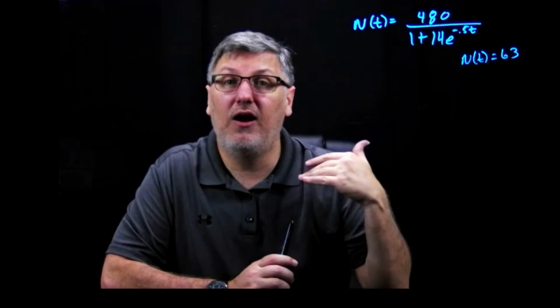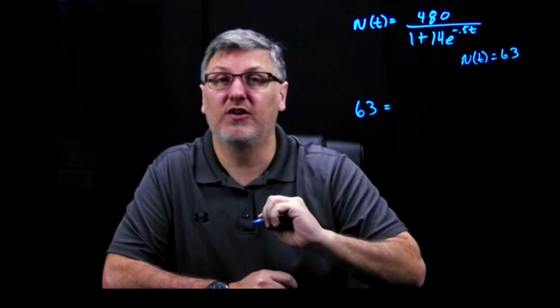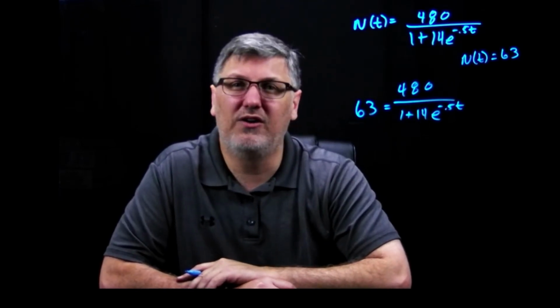Okay, so we now need to know how long it is going to take to have 63 deer. So what I'm going to do is put 63, because I want a total of 63 deer, equals 480 over 1 plus 14e to the negative 0.5t, and we just simply need to solve. Well, you learn in middle school that you're allowed to cross multiply across an equal sign,